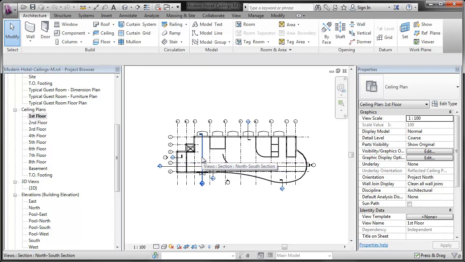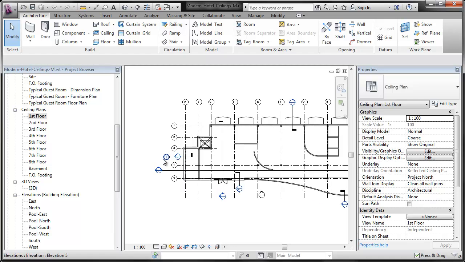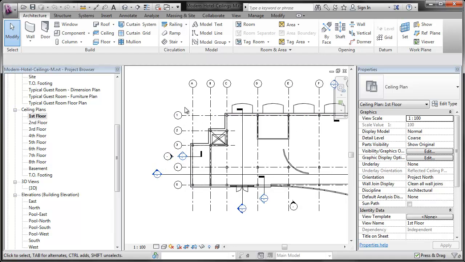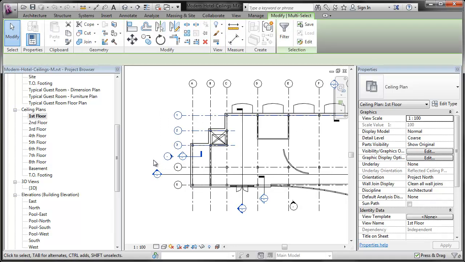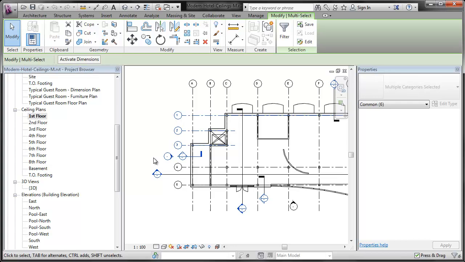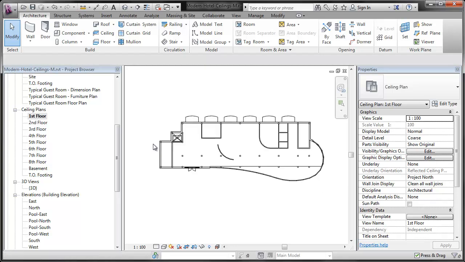And I might want to hide some of these grids and elevations and sections, so let's select some of them. Once I've selected them, instead of right clicking, I can just use the shortcut VH to hide those categories. Right, so in the ceiling plans, let's start with ceiling. So we go to the ceiling command